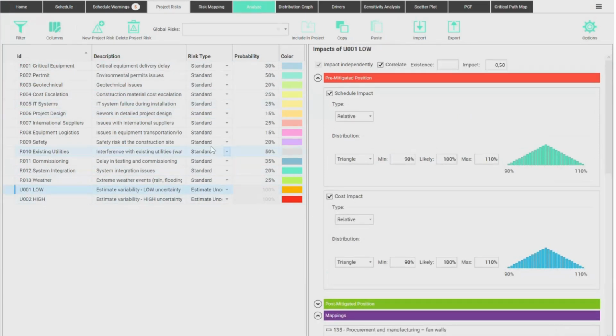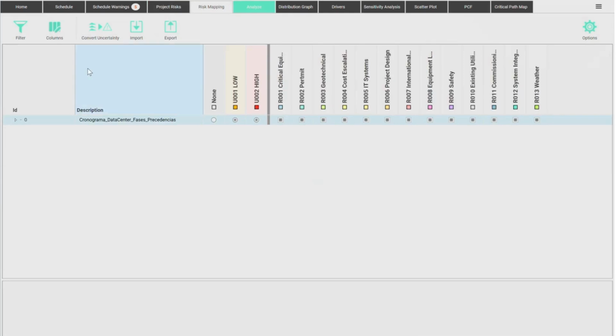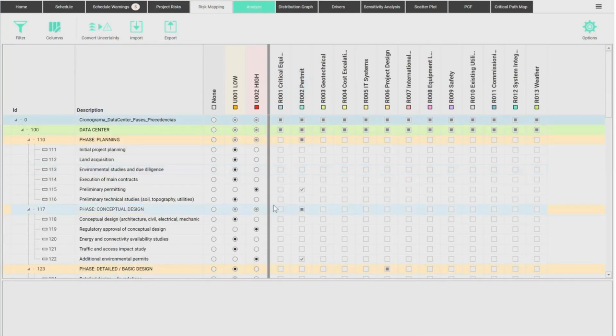After I specify the kind of risk and the probability, we can specify here on the right side the impact. And then in a second step, we will map which risks connect to which activity. This is a very interesting part of the interface because it's very graphical and you can easily map risks to activities in a user-friendly graphical interface. That helps a lot.